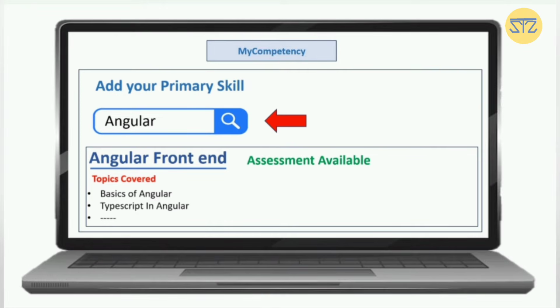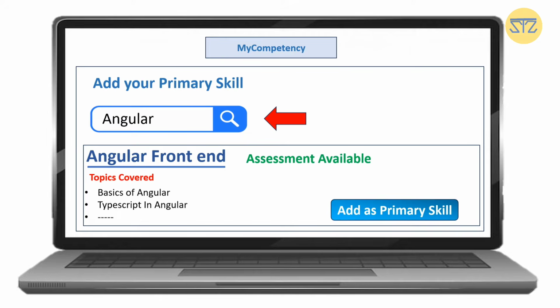So for that assessment, what are the topics they are covering? Below that they will be mentioning those topics, guys. Here you can see basics of Angular, TypeScript in Angular, these topics they will be giving. Those topics you need to prepare and clear the assessment. Once you are okay with this primary skill addition of Angular, then you can click on add as